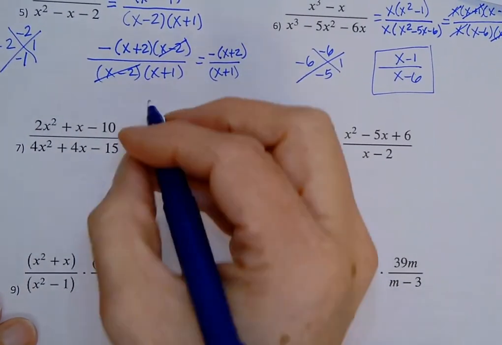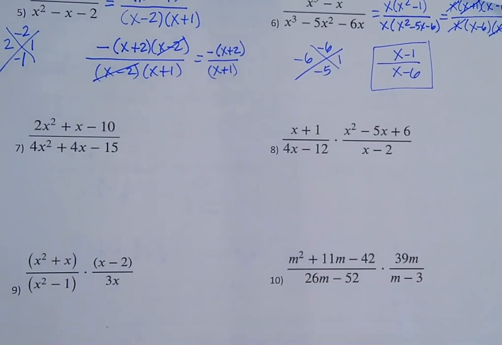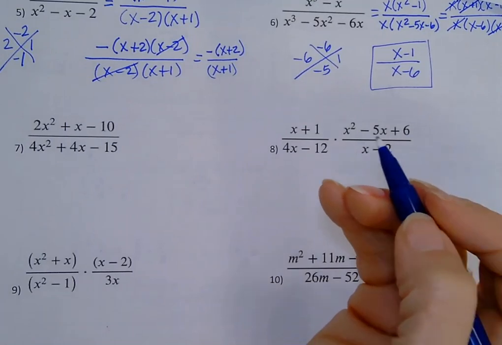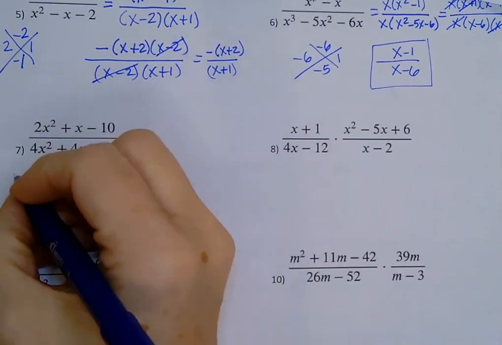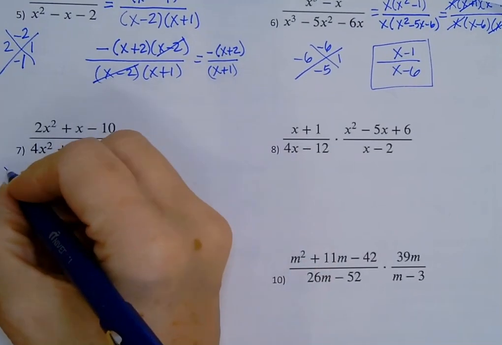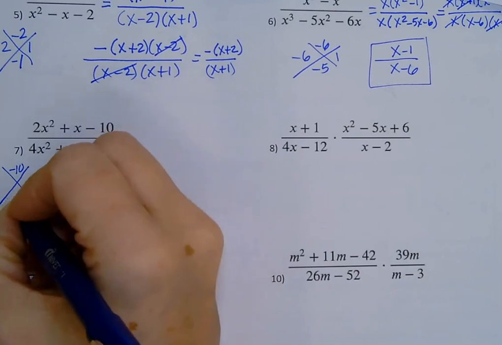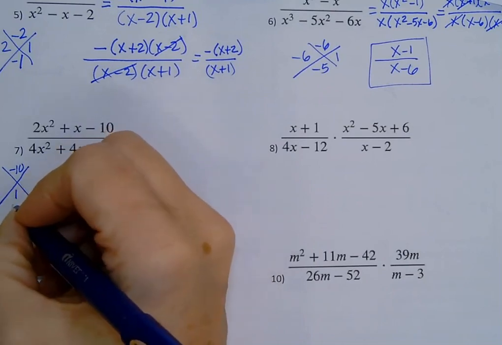2x squared plus x minus 10. You do always want to see if there's a greatest common factor that you can pull out every single time, and we cannot. So I need, for my numerator, I need to figure out two numbers that multiply to give me negative 10, right, and add to give me 1. And so,